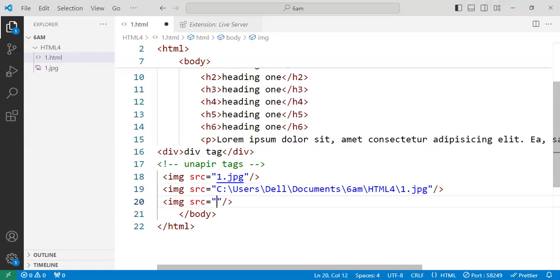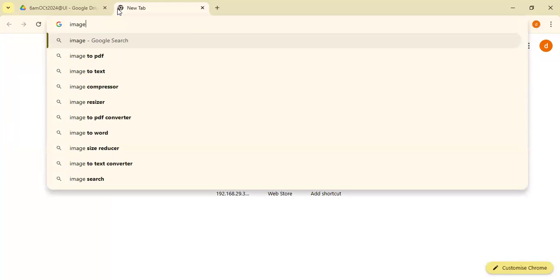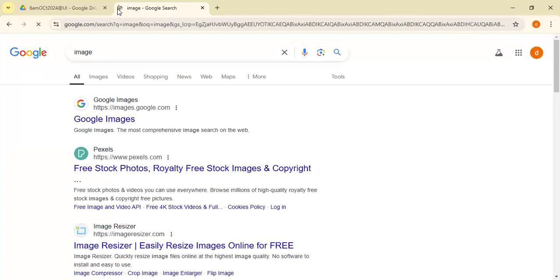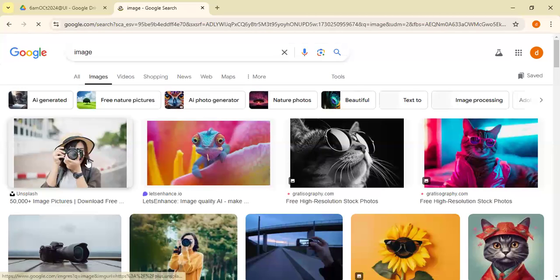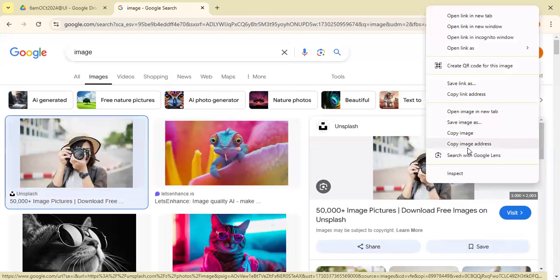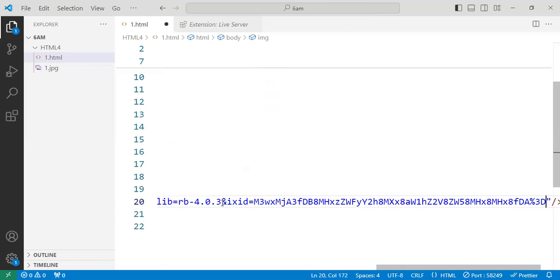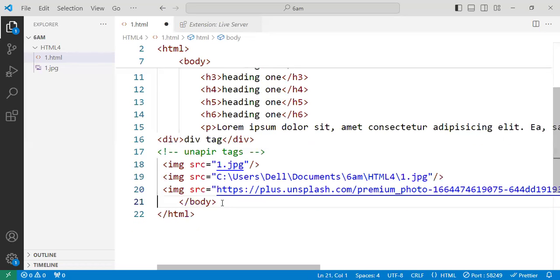Okay. So next one, I'll copy the URL of an image here. If you search for images here, then you can find it, or any URL of that image. Copy image address. I copied it. Somewhere I Googled it and copied that image. So by that I can display